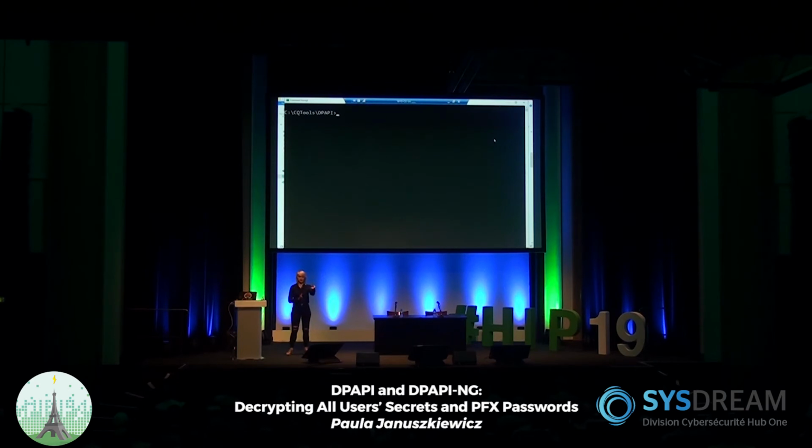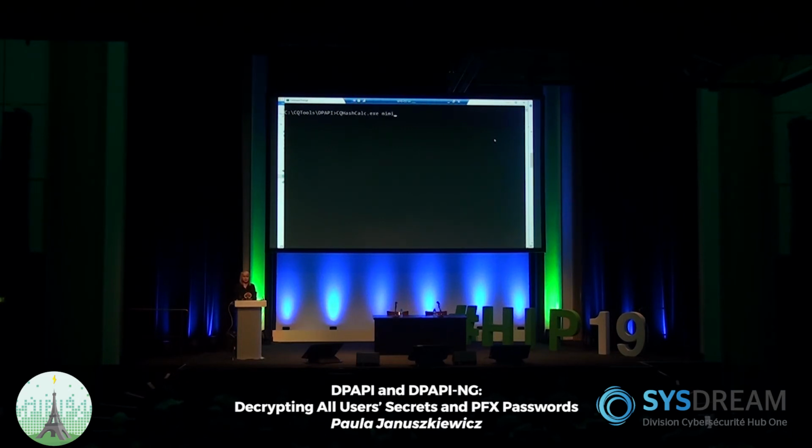Now, just to keep it super clear, in order to be able to get access to our secrets now, we have to take this particular master key, this B55, decrypt it with the private key that we grabbed from the domain, and encrypt it back with our current password's hash. Yeah? So this is the procedure. Quite straightforward, because when I'm logged on and I want to, on the fly, get access to my secrets, I have to have these master keys encrypted with my current user's password hash. Let's have a look.